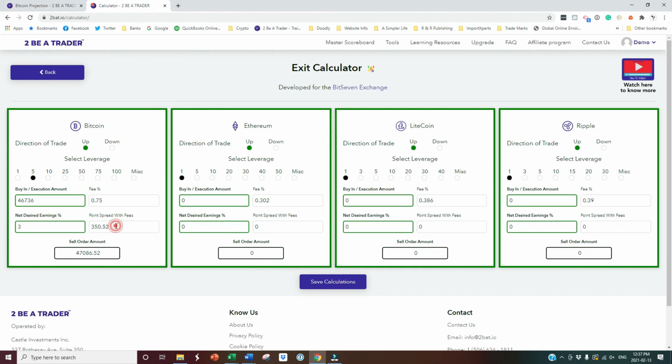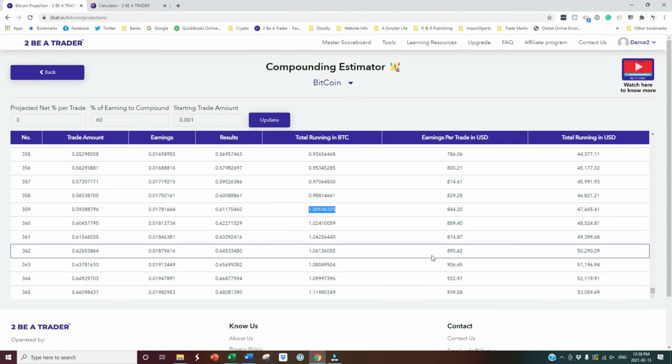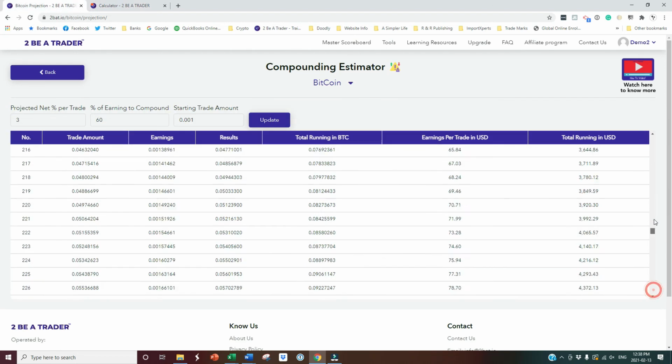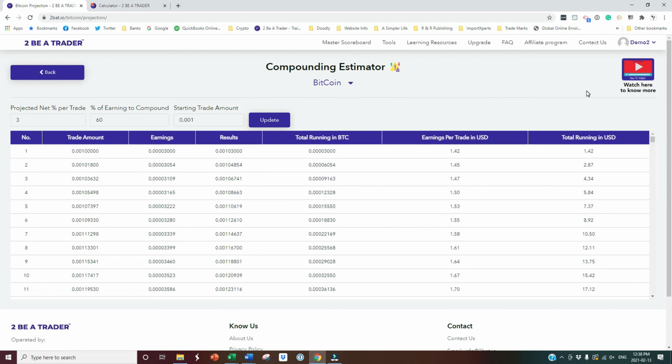You can go to the video library under the Learning Resources tab for more information on the Exit Calculator tool. This was a quick overview of how the Compounding Estimator works. Take the time to play with your numbers and develop your trading plan in order to achieve the results you